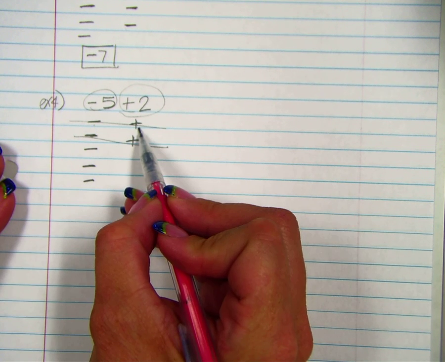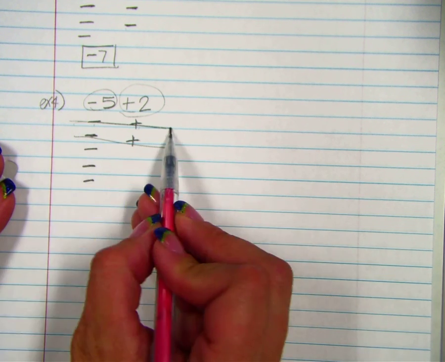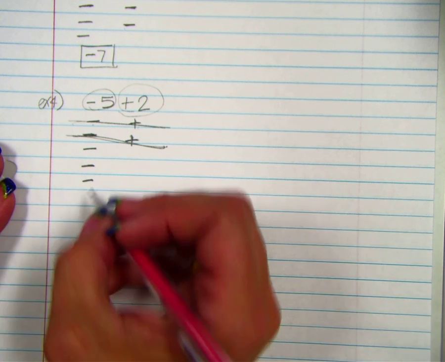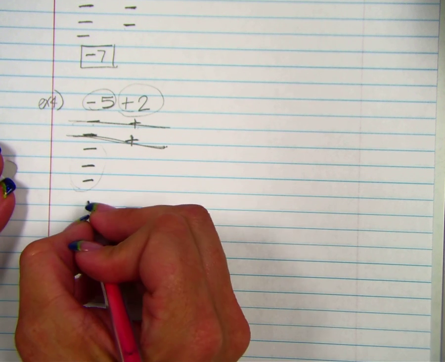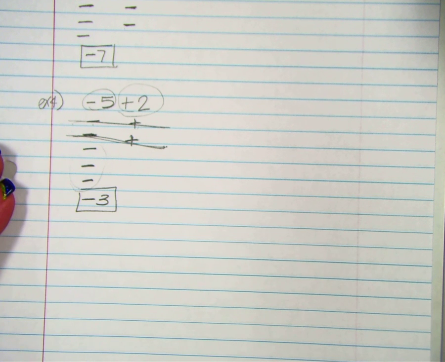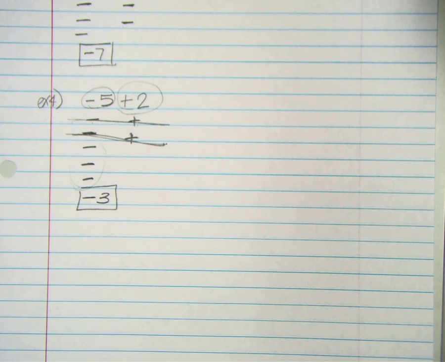A -1 and a positive 1 make a 0. So it's a 0 pair. I crossed it out. Another -1 and a positive 1 make a 0. So I'm left here with 3 negatives, and I write it as a -3. Okay? I'm going to pause the video and do a second